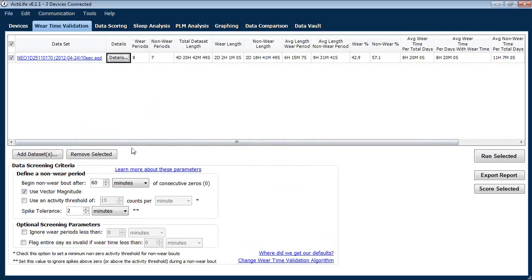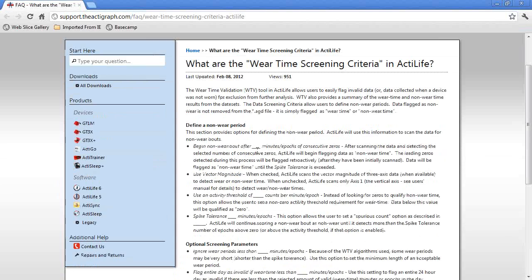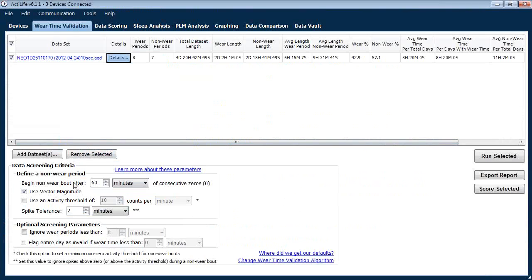There are more options to control the wear time validation. If any of these options are confusing, we have links which will pop up a very thorough web guide on what all these options mean. They will probably mean a lot more to you than they do to me. But the defaults are